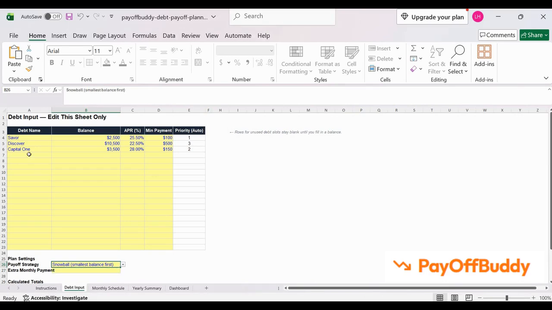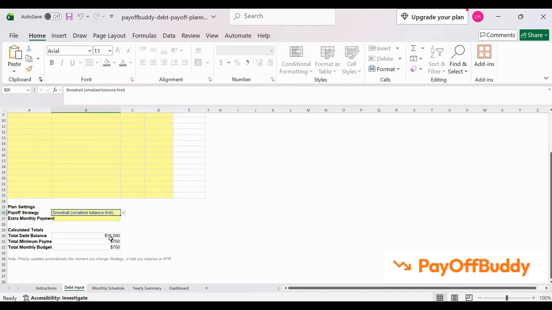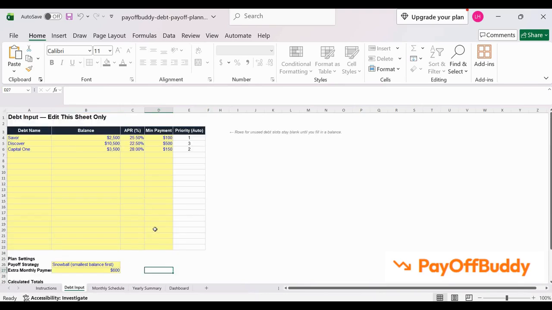So you have 20 different options here. We're going to stick with the Snowball. And if we scroll down here, you're going to see that your debt is $1,650, your minimum payment is $750. And your monthly budget is $70.50. That's only if you're doing minimum payments. This is where we put our extra monthly payments. So let's say we do a $600 extra monthly payment here, sticking with the Snowball, and let's see how that